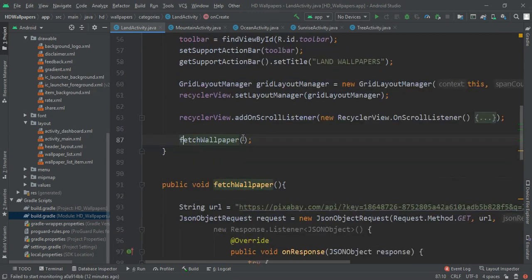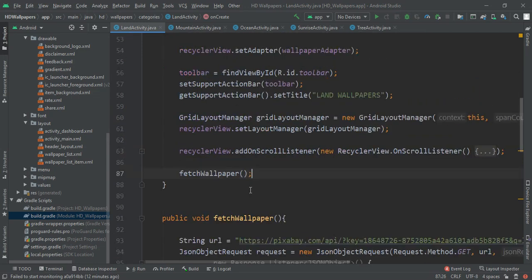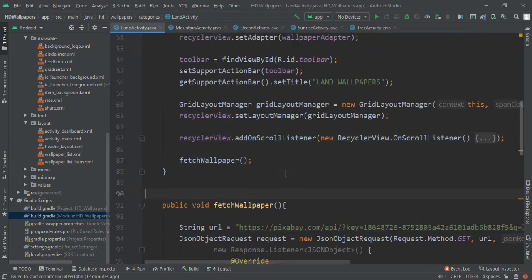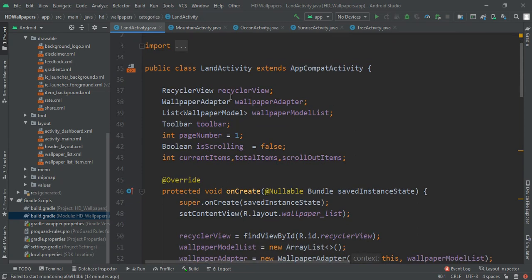So here is our fetchWallpaper method. At first we will load the wallpapers from here, and then the second time when scrolling starts we will listen to it, and when the scroll is done we are going to load more wallpapers. So again we are calling this fetchWallpaper. That is the stuff that we are going to do.